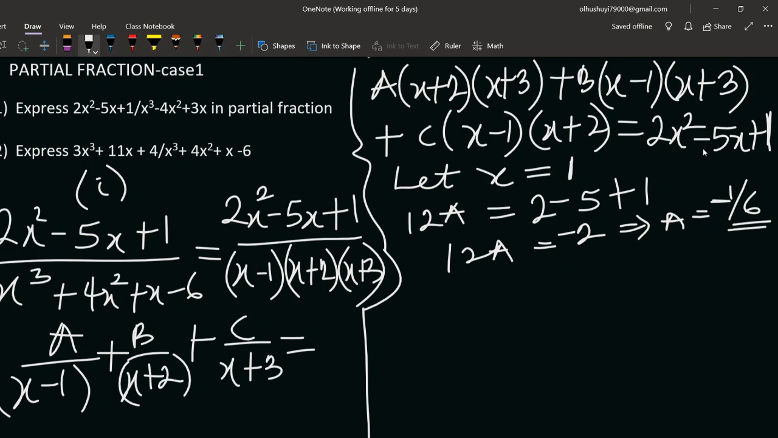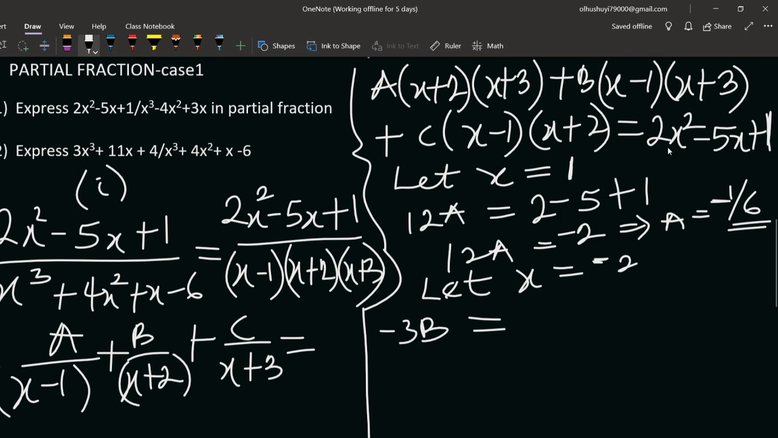Then let's go and look for b. Let's eliminate a itself. So let x be equal to minus 2. If x is minus 2, what do we have? a is gone, c too will be gone, then we can get b. So since x is minus 2, minus 2 minus 1 is minus 3, and x plus 3 is 1. Minus 3b